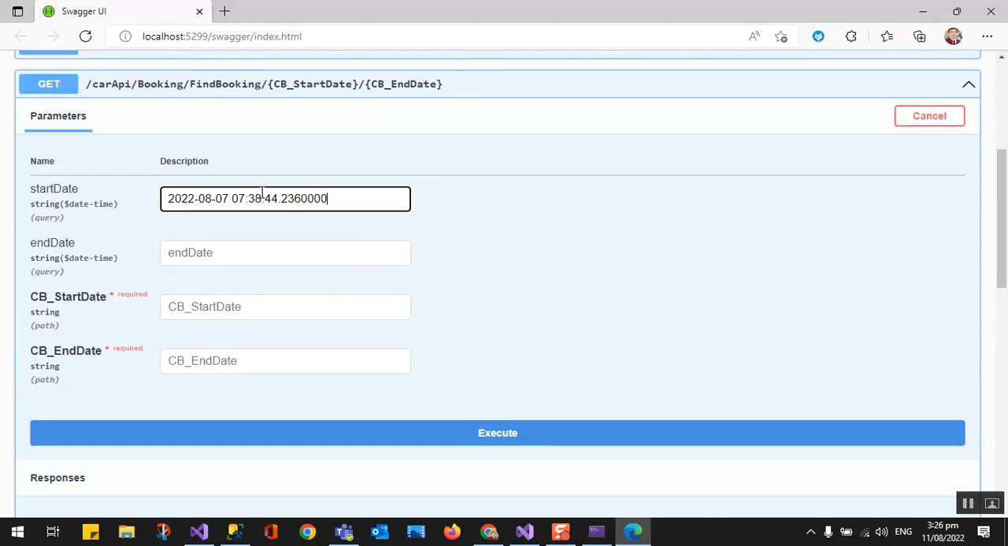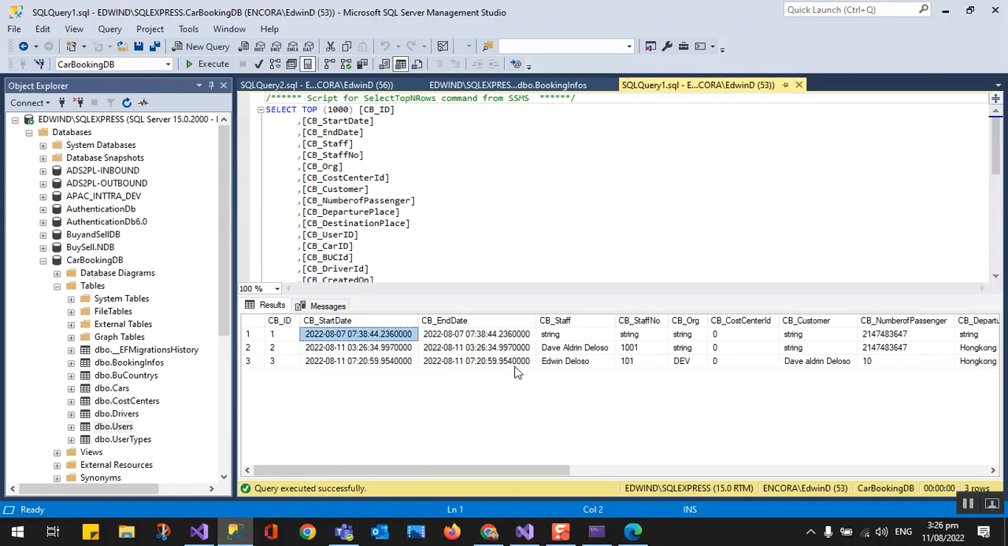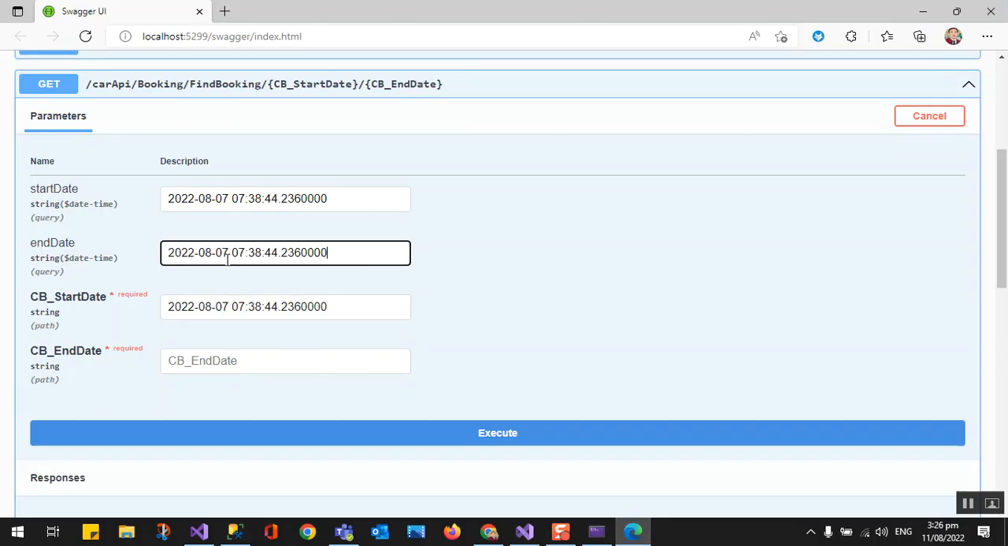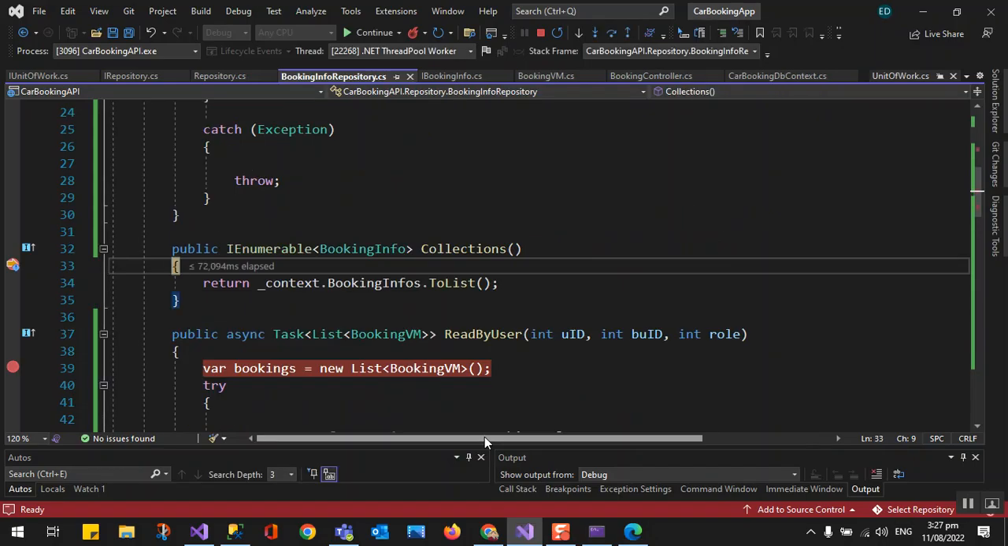Start date. Start date. Let's see. End date is this one. So it will return on record. End date. And execute. Okay, it binds the collection